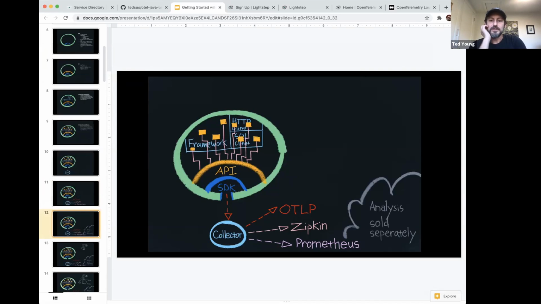Now, one thing I'll note is that OpenTelemetry doesn't come with any analysis tools. So the end of the road is the telemetry pipeline, and then that data can be pipelined into a variety of backends. Jaeger, for example, is an open source backend that accepts OpenTelemetry data natively. Lightstep's a commercial one that accepts OpenTelemetry natively.